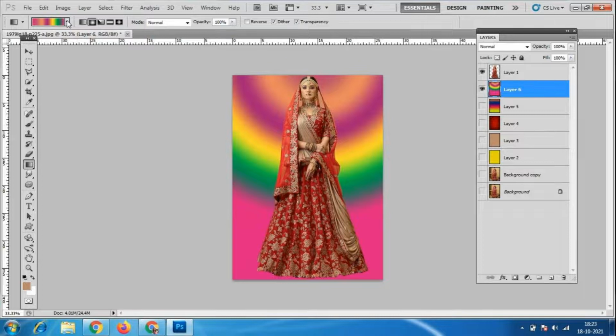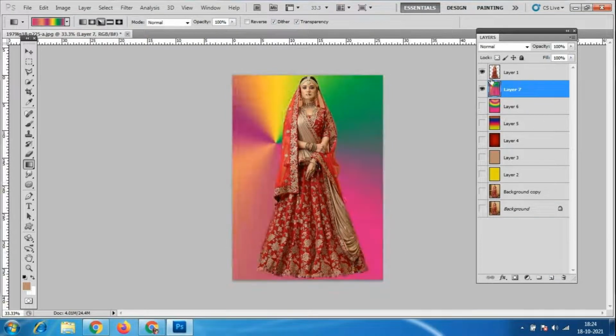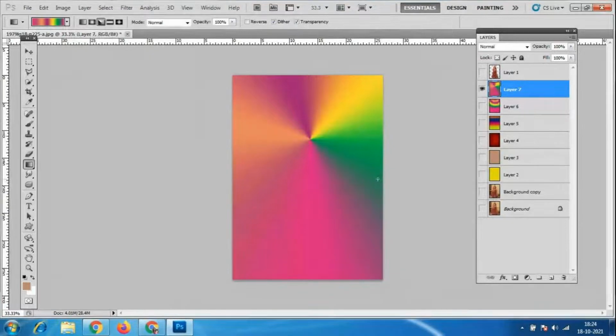Again, we have this one that is called angle gradient. I will take a new layer, hide this one. See, this is the angle gradient. You will get the option like this. Suppose I want to change the color.